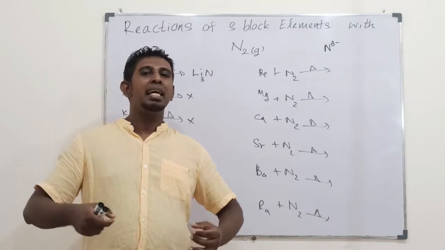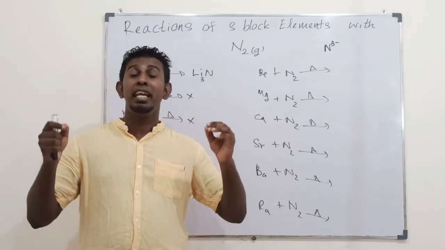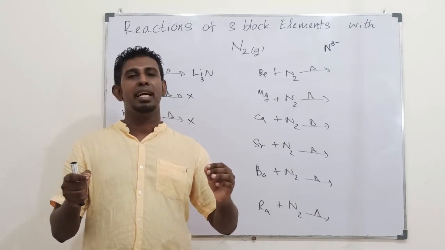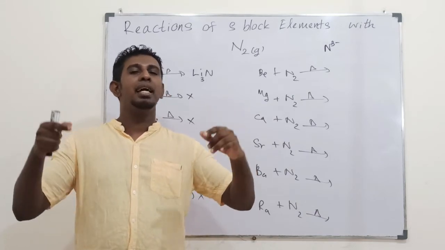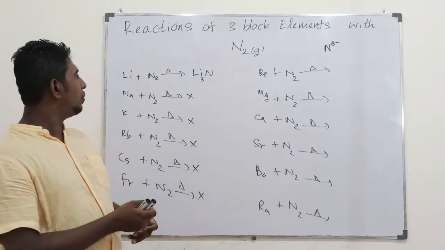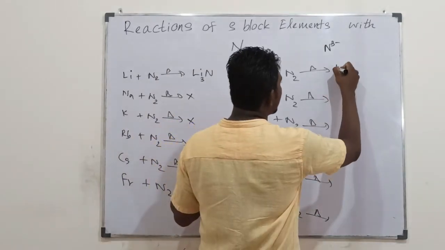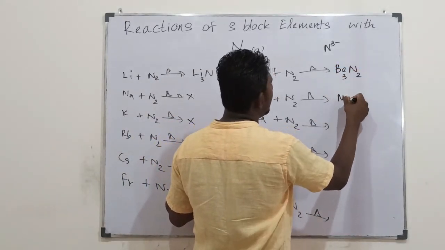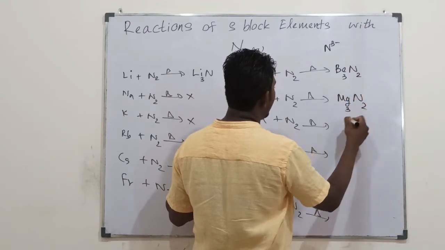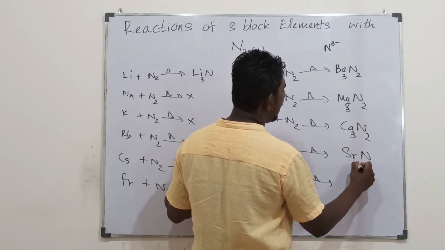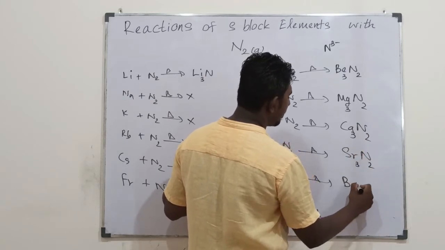So, then their charge density would be quite enough to form stable metal nitride with nitride ion. They all would form nitrides: beryllium nitride, magnesium nitride, calcium nitride, strontium nitride, barium